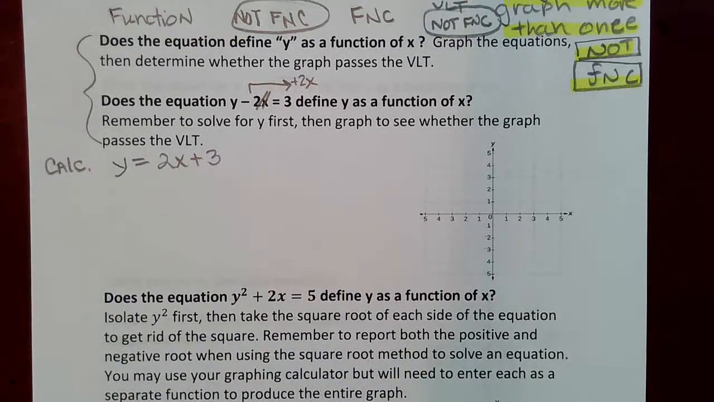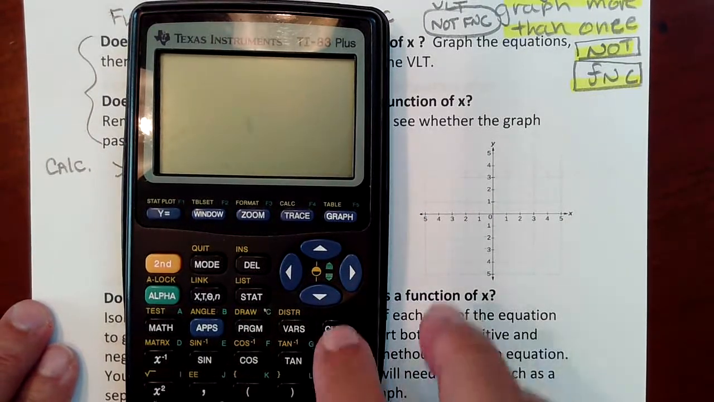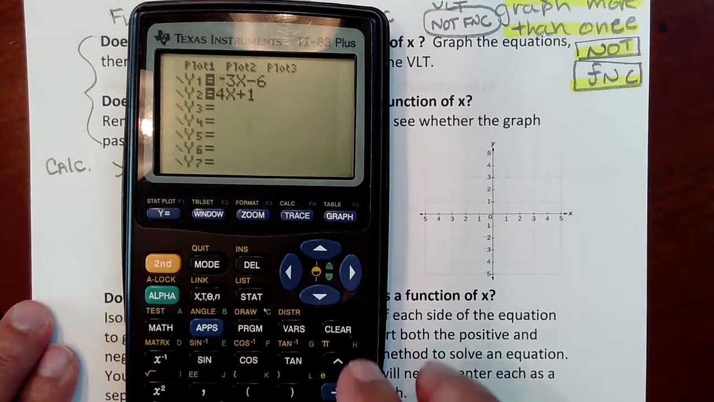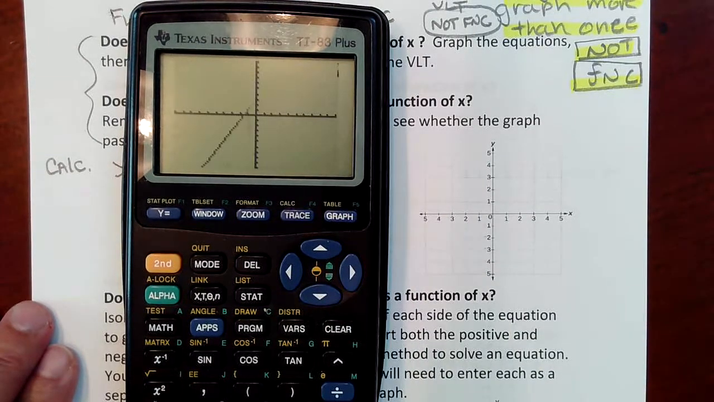Okay, and when you enter that equation, just as a little recap of how you do that, turn it on, go to y is equal to, clear out anything that's there, and enter your graph. So it would be 2x plus 3. There you go, right there. There's the graph. You can see it's just a line, so that's definitely going to pass the vertical